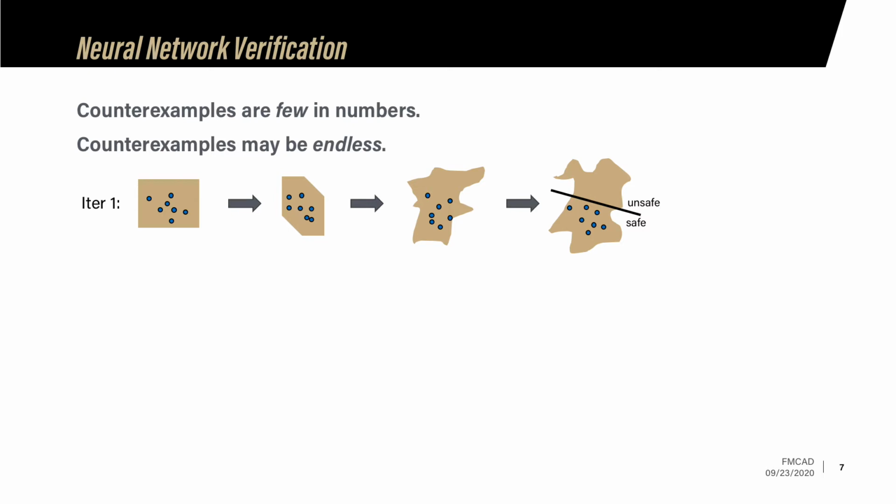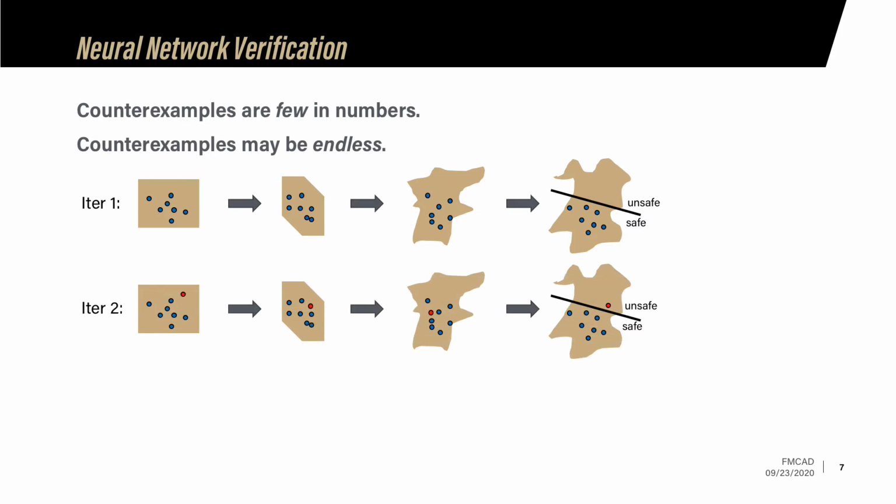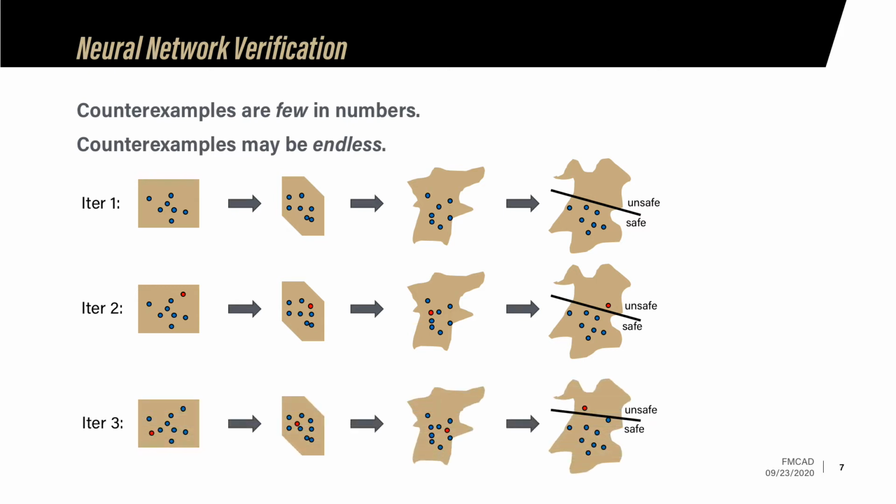But the external solver may tell you that no, there is some other counterexample found here. And even if you take that into consideration, there may be yet another counterexample returned by the solver. The point I want to make here is that these counterexamples are discrete, so there may always be new ones. Essentially, this is like augmenting the current deep learning training workflow with more data points. In that same sense, there is no safe by construction guarantee, just as there is no safe by construction guarantee in the current training workflow.